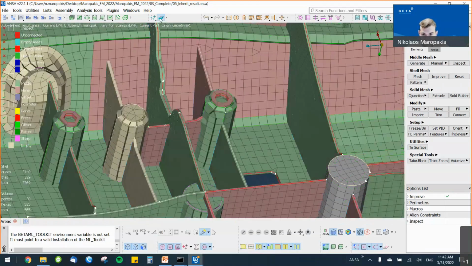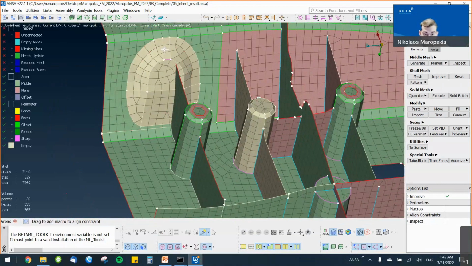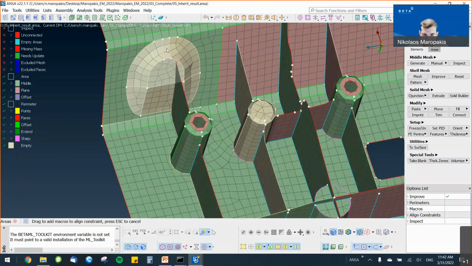If I turn on the draw cell as solid, I have the correct nodal thickness, and now I have to move here. We can see now these empty areas that are actually the areas that existed in the previous version of the model, and the inherit function brought them here for the user to decide what to do with them. Here, as we saw earlier, this bulky area does not exist in the updated version, so I will simply select all these areas and add them to the correct constraint.